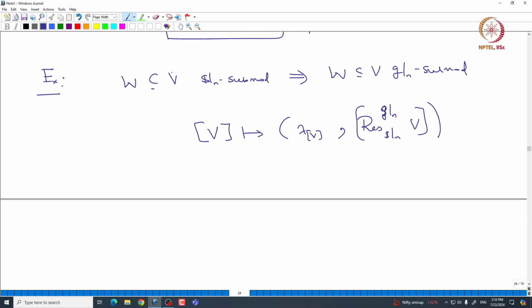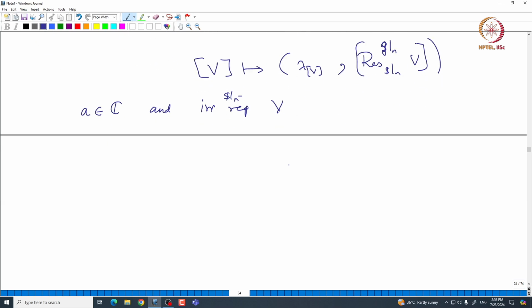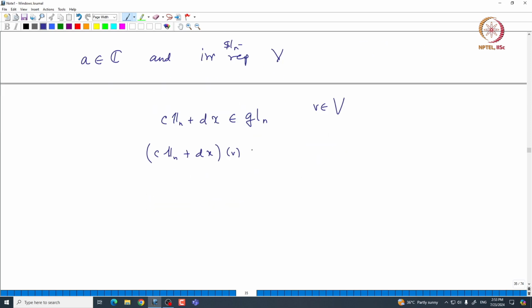For the converse map, you start with any scalar A from C and an irreducible SLN representation, capital V. Then one can extend the action of SLN to GLN in a very trivial way. For example, we can take some c times the identity n plus dx. This is going to be the general element in GLN. Then you just define the action of this element on any element of capital V to be exactly equal to